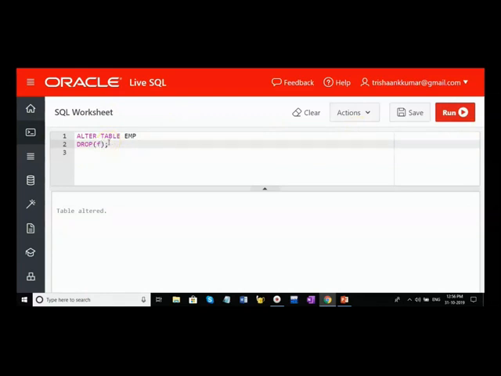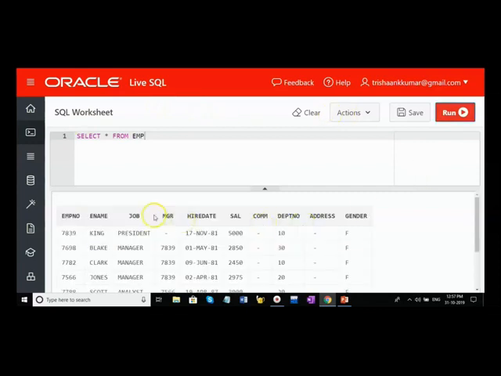Now I want to delete more columns: mother name, father name, allowances. So in this dimension, I am dropping multiple columns at a time, separated by commas. Simply, column names must be separated with commas, then all these columns will be dropped. You can no longer use these column names because they don't exist, right? Table has been altered. Now if you cross check, select star from emp. Okay, so the DOB column has been deleted, father's name, mother name, and one more column, allowances, that particular column has also been deleted. So this is one dimension.